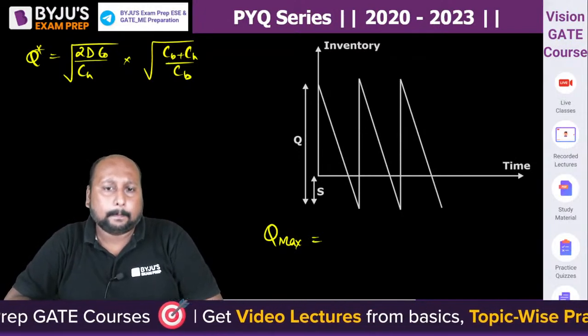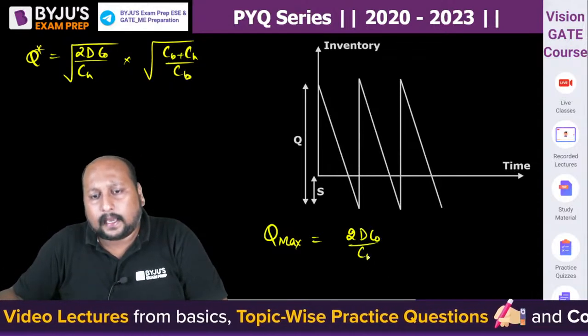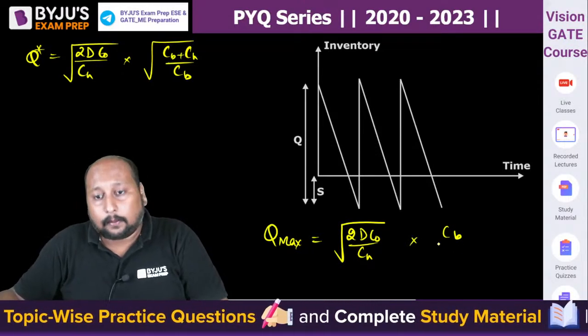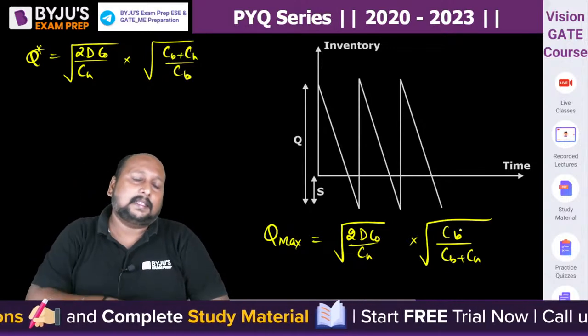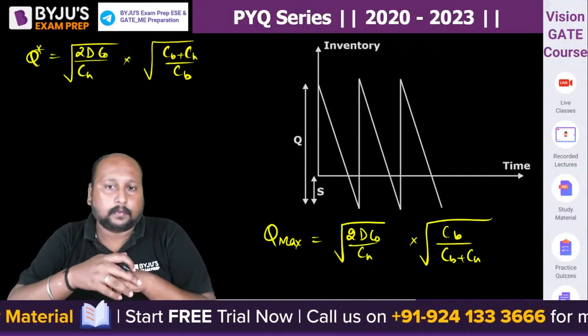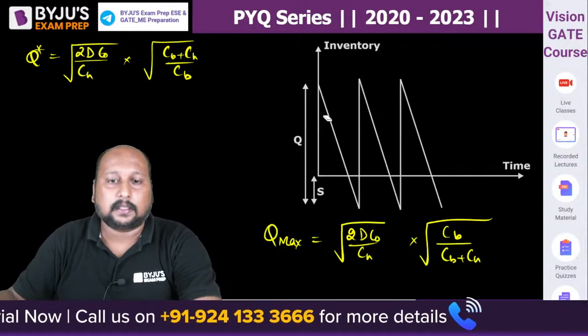Quickly, it is nothing but 2DCO by CH under root of this into CB upon CB plus CH, root of this. That's it. Place the value and tell me the answer. I hope you know how we are getting this formulation. Normally we are calling it, instead of Q max star,